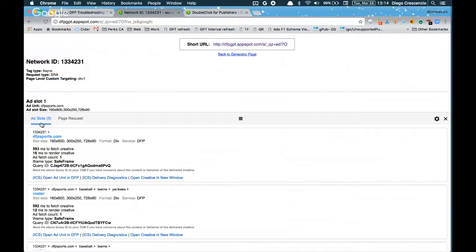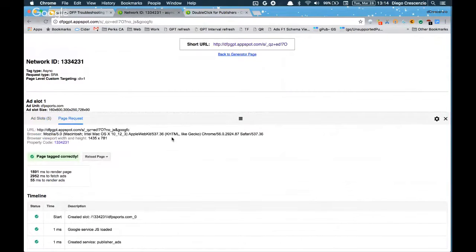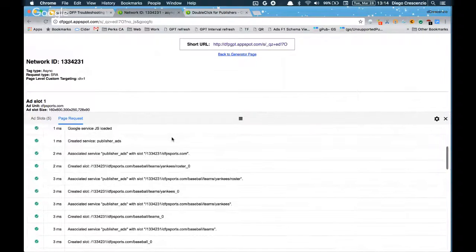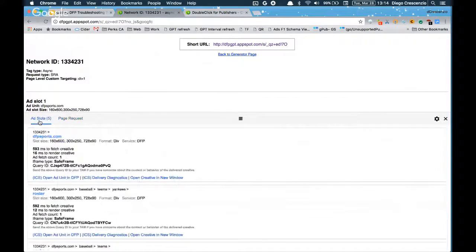The first one is in regard to the ad slots themselves and the setup for the ad slots. And the second one, in the tab called Page Request, shows how the page has been loaded and how the DFP tags have been loaded on such page. So we start from the first tab, where we have a number of pieces of information relative to the tag setup. The difference between this tool and the previous tool that we saw is that the previous tool showed us